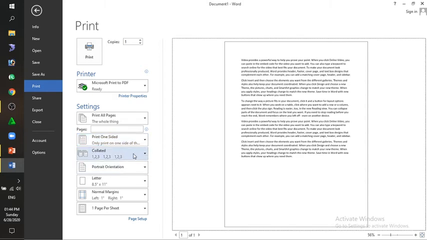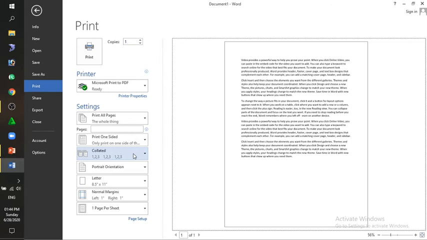This is the collated option, meaning in which order you want to print out the pages. Like I have to print out 3 pages 3 times. So first page 3 times, second page 3 times, third page 3 times. Or I want to print the first page 1 time, second page 1 time, third page 1 time.